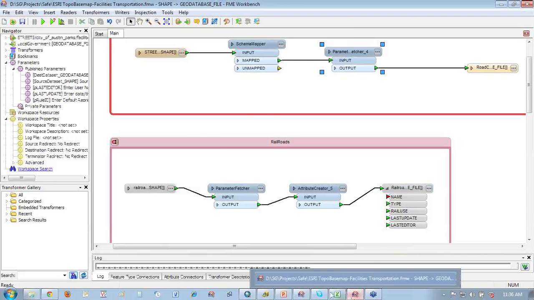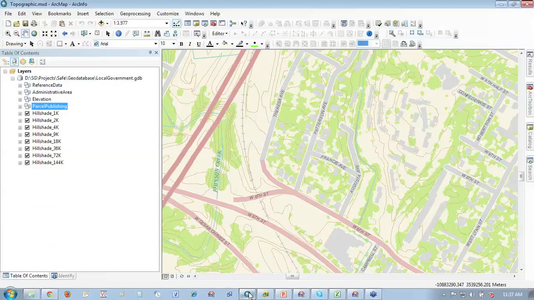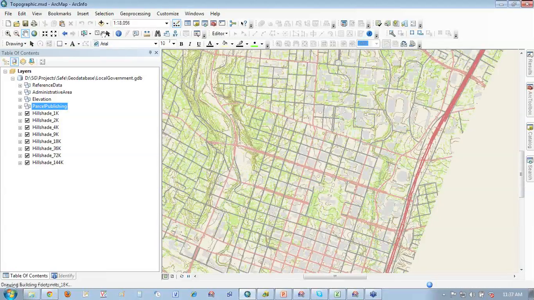So another piece, let's just jump back to the PowerPoint here. Another one I'll show you is also the same sort of thing for facility site codes. For those of you that have looked at the local government data model or seen some of the work that's gone on in that area in the last few years, you'll maybe have already heard about these facility sites. Essentially what they are, it's probably easier to explain in map form, is you can imagine around the state capitol in this case and things like the university. So the state capitol is the building or the complex down here in this area.